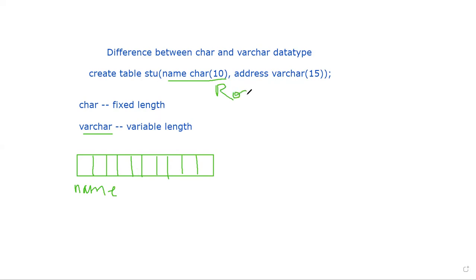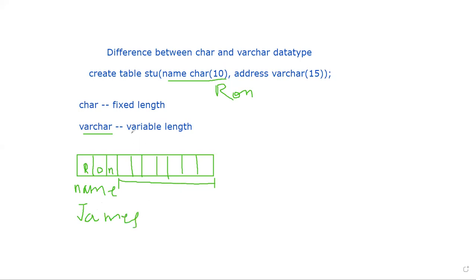Ron will be stored here and all the remaining places will be empty and unused. We have reserved the space but we are not using it. Suppose later on you write here James. Then 5 blocks will be used, and the remaining 5 blocks will be unused.